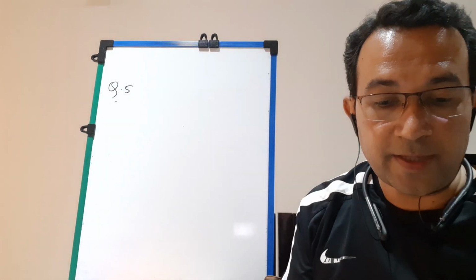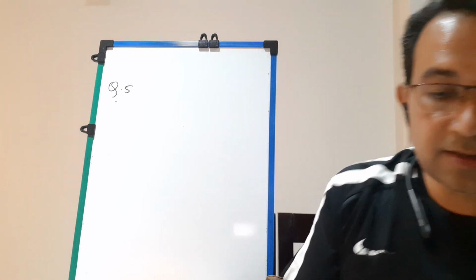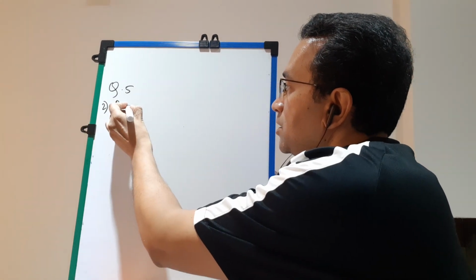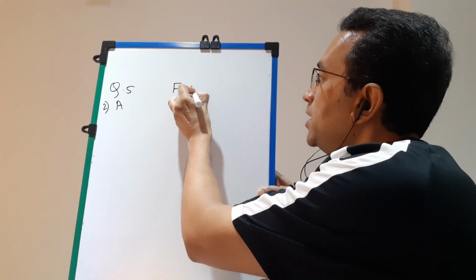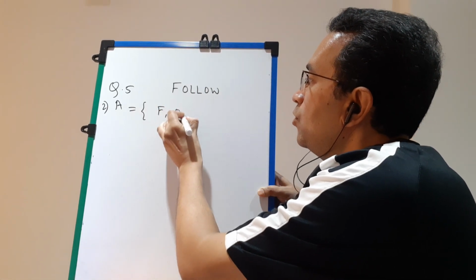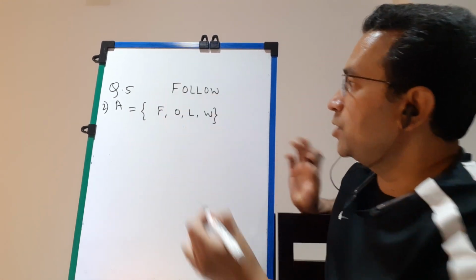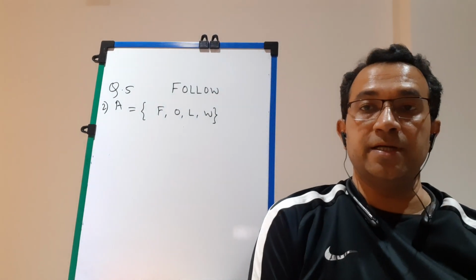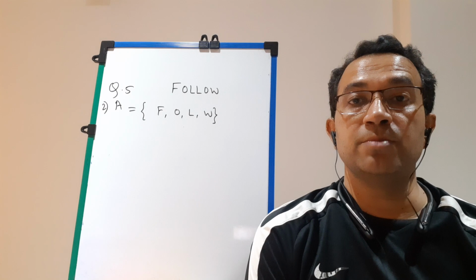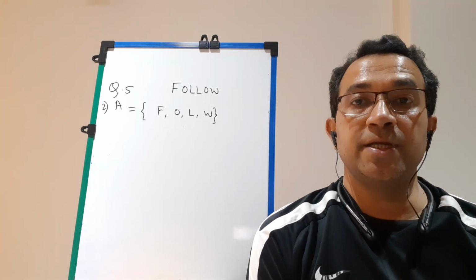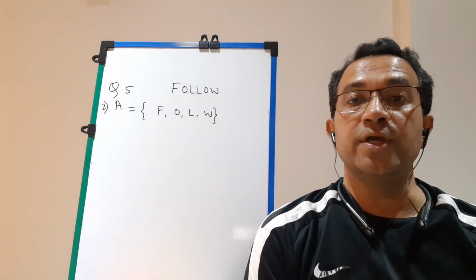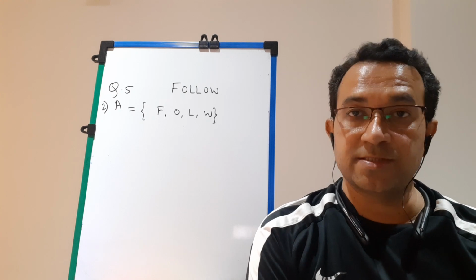Yes, students, the second pair: A is equal to X such that X is a letter of the word follow. Now follow, FOLLOW. So if I list the elements: F, O, L and W, because O is repeated and L is repeated. In the very first lecture, students, on the very first day I told you two important things to remember about sets. No elements are repeated in a set, and the order in which the elements are written is not important. We can write any element first and any element last.